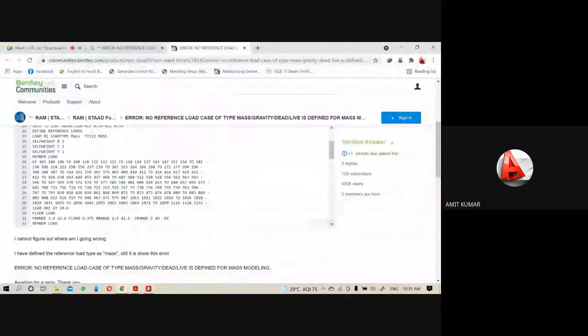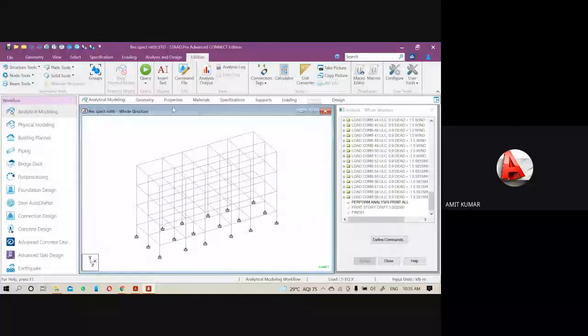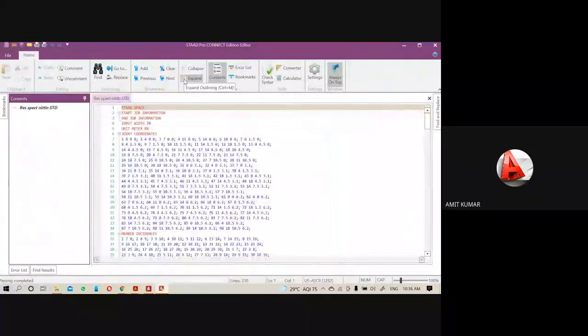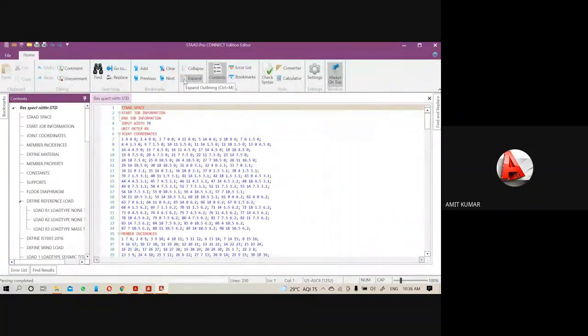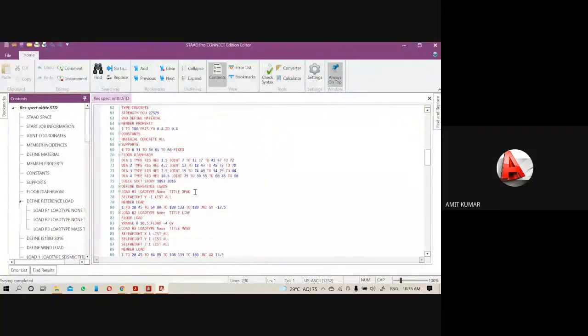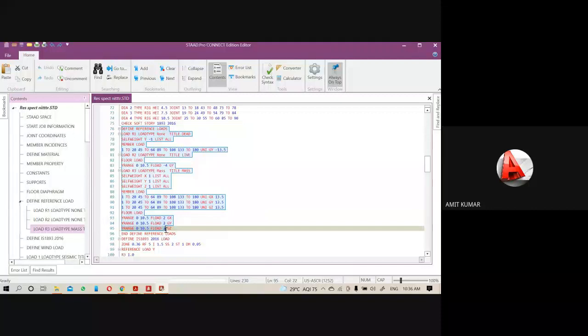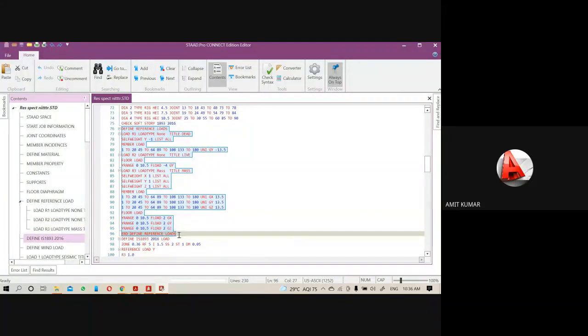So come to the utilities and command file and search for the reference load. So here it is. This reference load is just after the floor diaphragm. So just select from the define reference load up to the end define reference load.